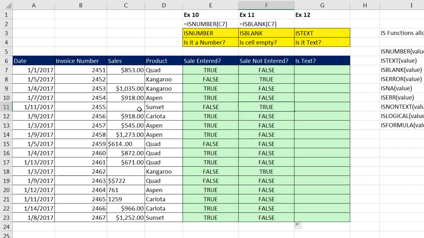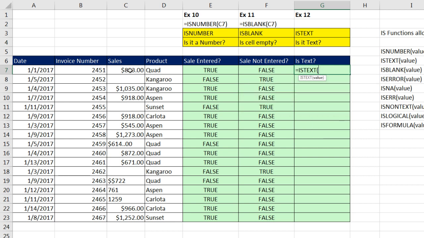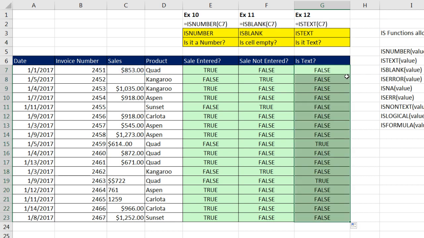True, true. Now, we can also check for text, because as we saw down here, that's text, but that's a number. So I want to clearly indicate which entries in the sales column are text. So ISTEXT. I see it highlighted in blue, so I hit Tab. Click on the relative cell reference, close parentheses, Control Enter, double click and send it down. And so I can clearly see there's a text item there